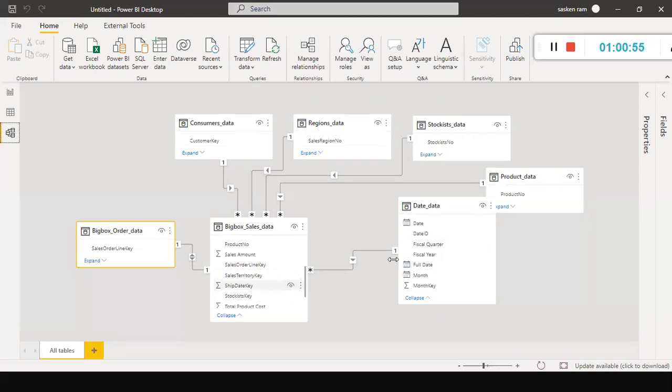In that case, you have an active relationship between date ID and ship date key. You can filter the sales amount by ship date key, but you cannot filter the sales amount by order date key. Understood? At any point in time, you can have only one active relationship. That is what it says.